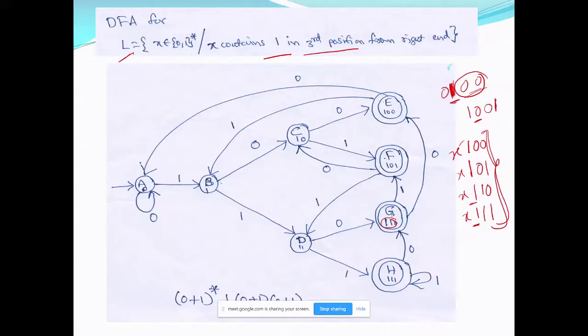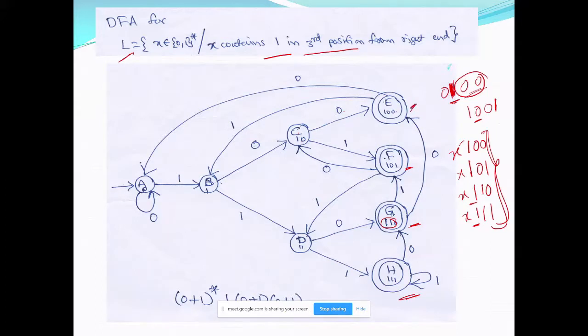Right? So initially when I start in A, if I get zeros, I need not remember. Suppose I get 1, I am coming to B. So B is for at the end you have 1. Now suppose from B on 0 I am going to 1 0 because I have to remember 1 0. Then another 0. So I am coming to 1 0 0. So for whatever you have read, your input string ends in 1 0 0. Similarly 1 0 1 F. Then 1 1 0. Then 1 1 1. Okay?